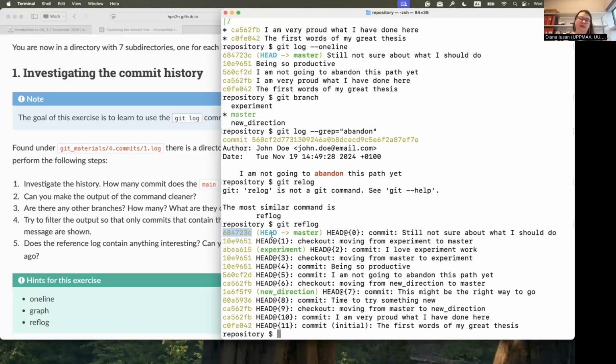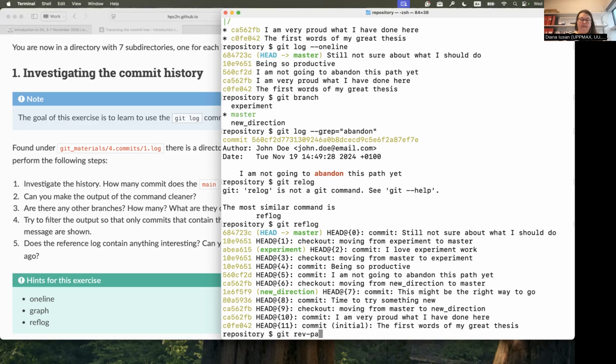But if I want to know, okay, where was I 6 steps back, then of course, I can count down 1, 2, 3, 4, 5, 6, and it's going to be whichever it is. But I can also use the git rev-parse command that Git introduced, together with a nice